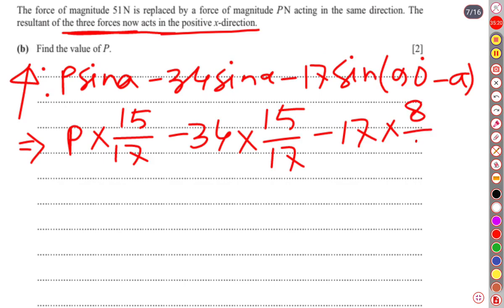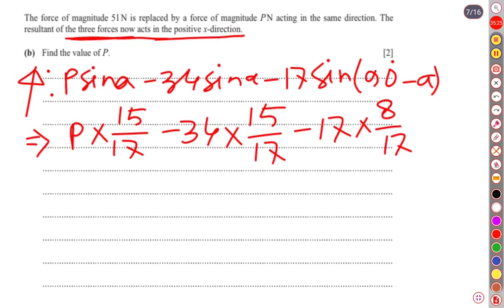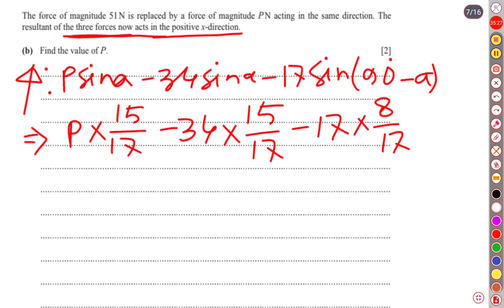So we apply this: P times 15 over 17, minus 34 times 15 over 17, minus 17 times cos alpha, and cos alpha is 8 over 17. And we forgot to use the equal symbol, because vertically,